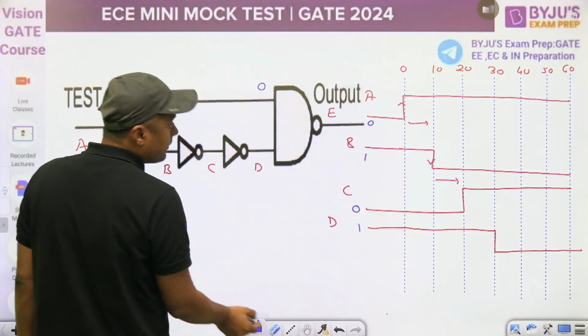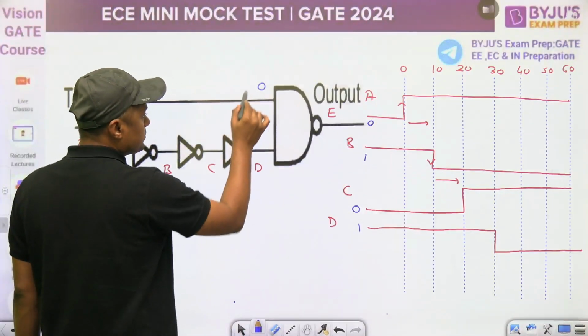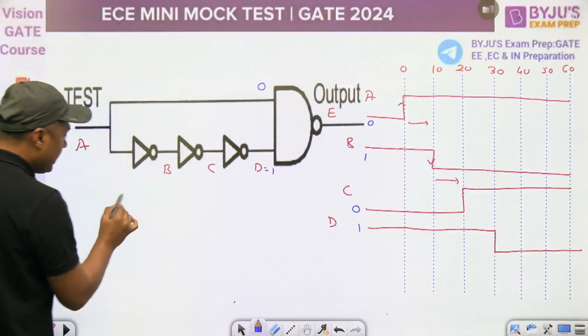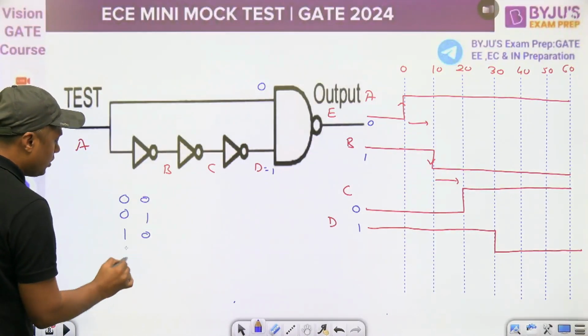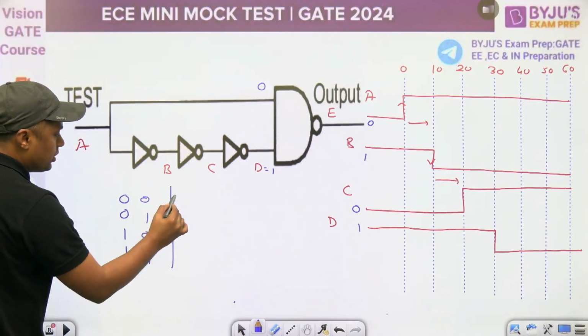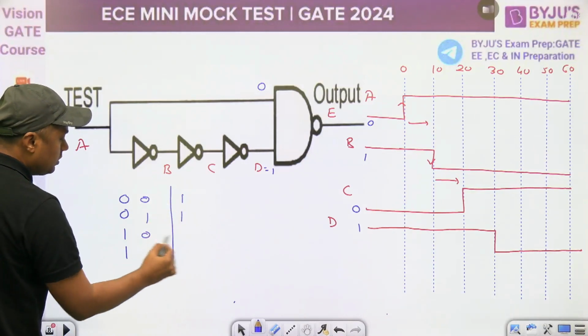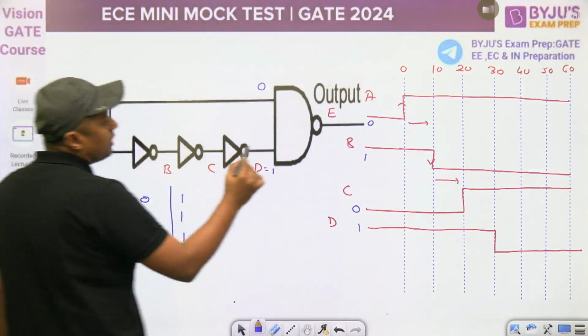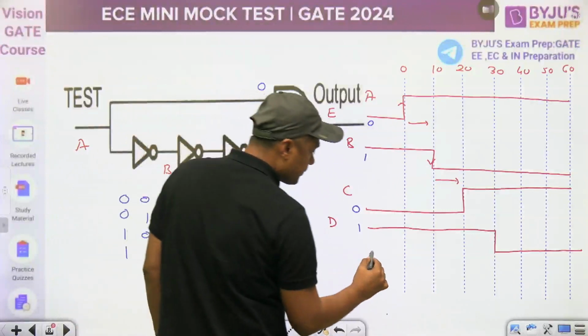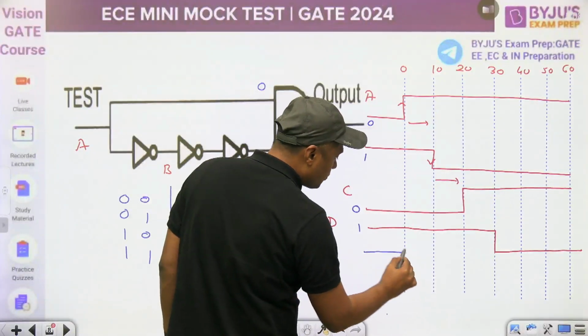Okay. So initially it was 0. It was 1. So NAND gate 0, 0, 0, 1, 1, 0, 1, 1. Remember NAND gate, this is 0, 0 is what? 1, 1, 1 and that is 0. Now initially the output is 1. At this point initially the output is 1.